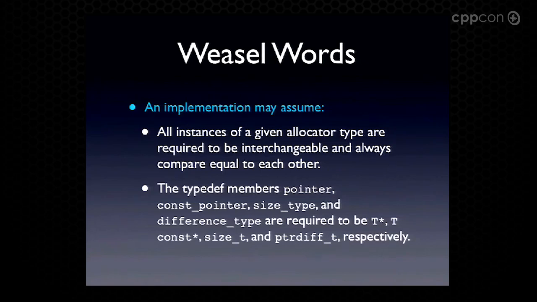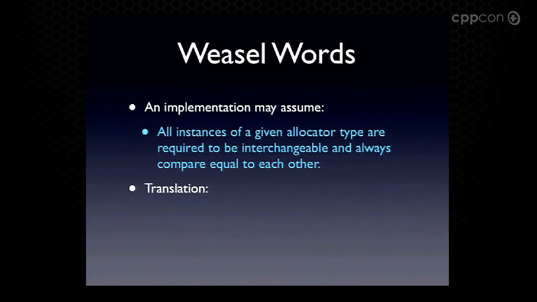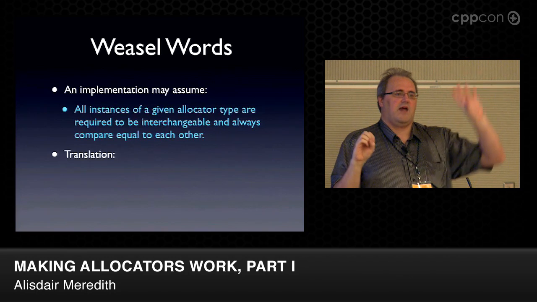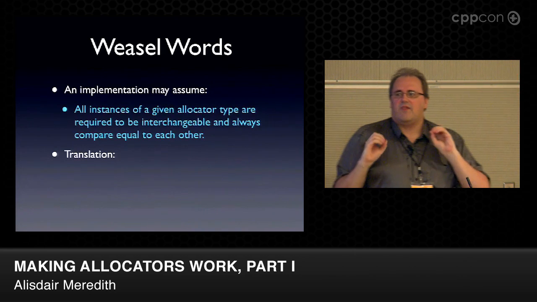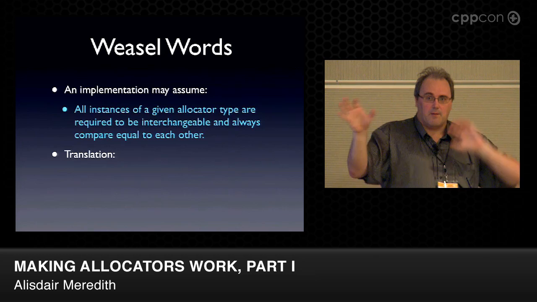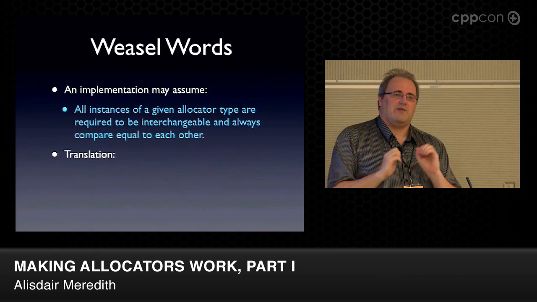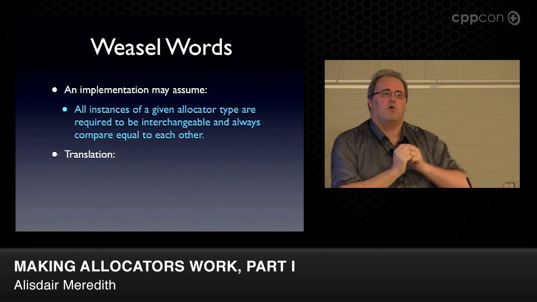So what are the weasel words in the standard that say we couldn't actually do what we wanted to do by default? We've got these two wonderful phrases. All instances of a given allocator type are always required to be interchangeable and always compare equal to each other. This is important because if two allocators compare the same, that's implying that memory allocated from one can be deallocated by the other. But if all allocators of the same type compare equal, it means you can't actually have any state in your allocator that controls allocation behavior,